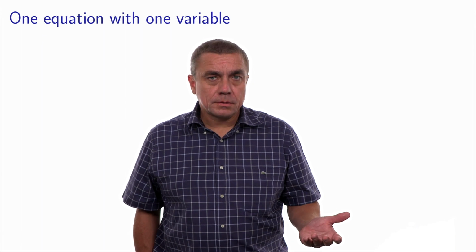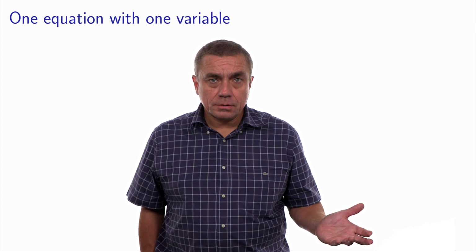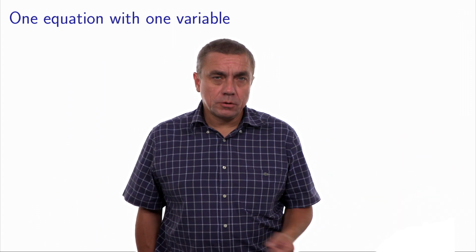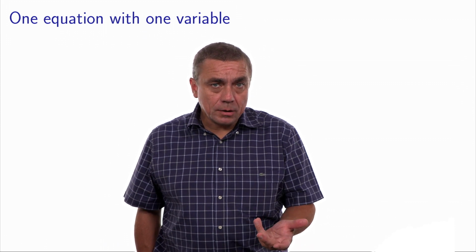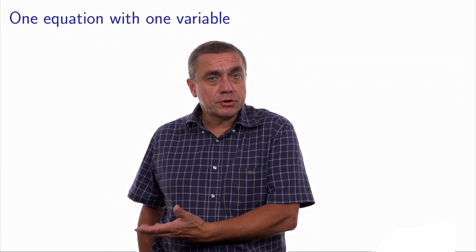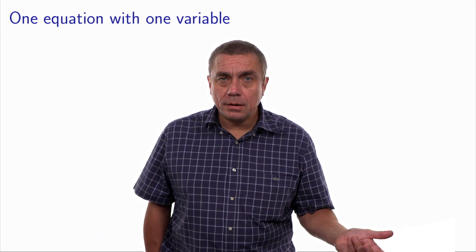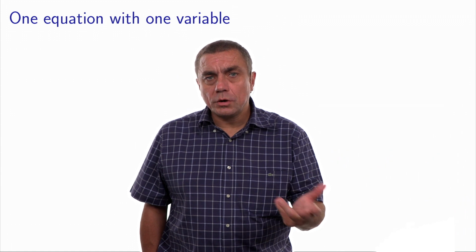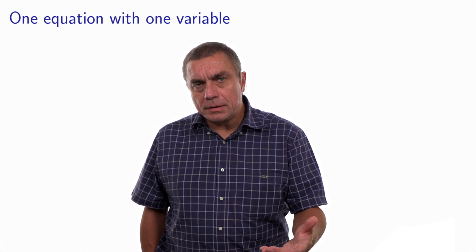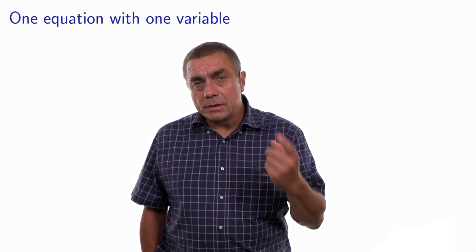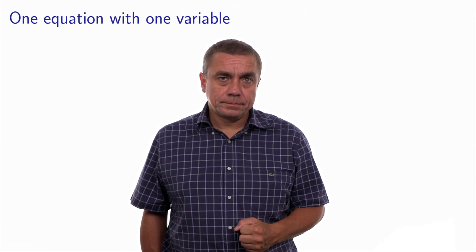Optimization algorithms rely a lot on solving systems of equations that are defined by the optimality conditions. If the system of equations is linear, we can rely on Gaussian elimination to solve it. If the system of equations is nonlinear, then we need to use Newton's method. In this video, we illustrate the idea of Newton's method when the problem has only one variable, so to solve one equation with one variable.